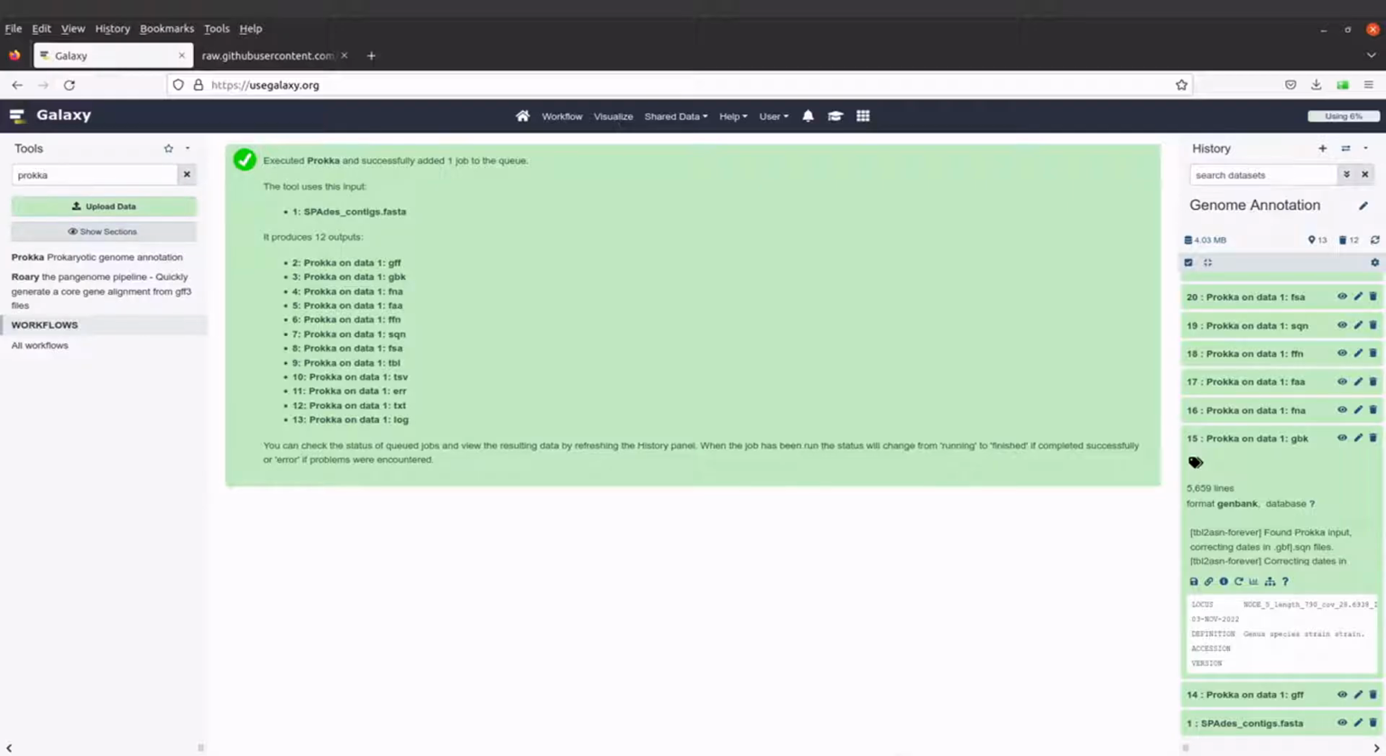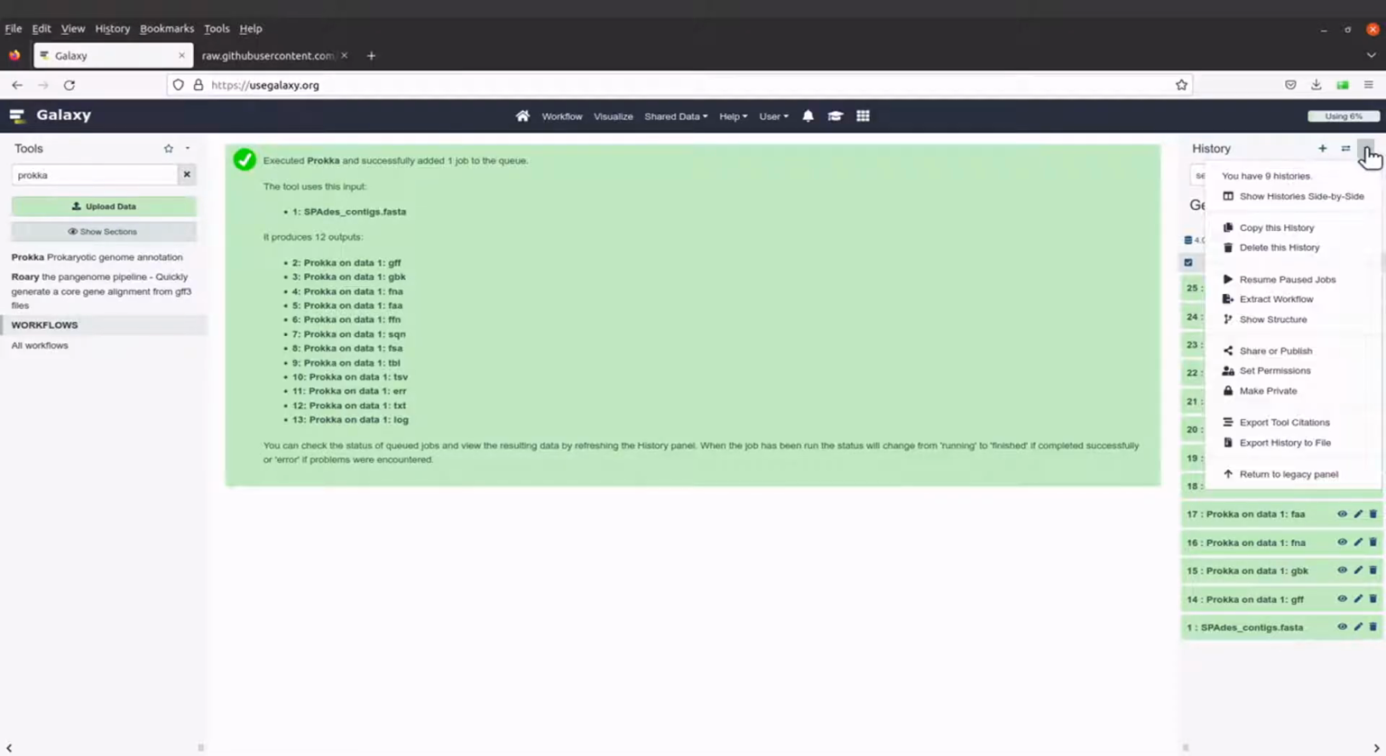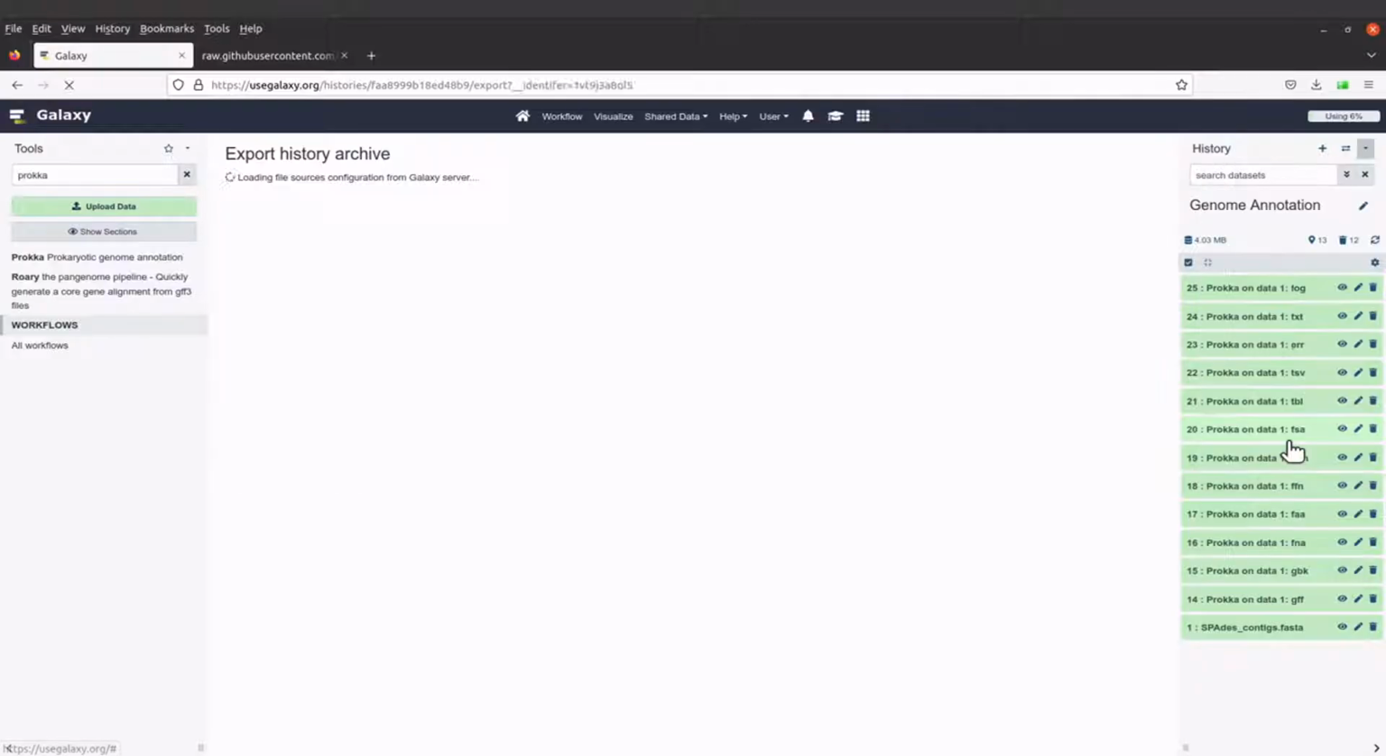If you have multiple files, like in this situation where we have 12 files, then downloading them individually will be a cumbersome process. So there's a way to do batch downloads. To do that, just go to the history side, go to the right side, and then click on this button here, and then search for export history to file. So you can click this, and then here